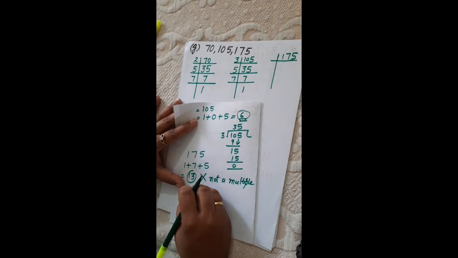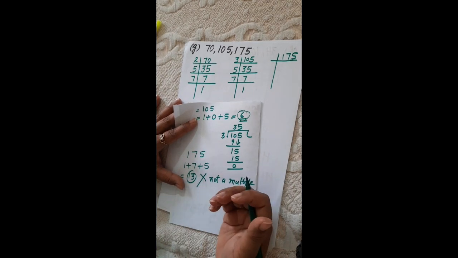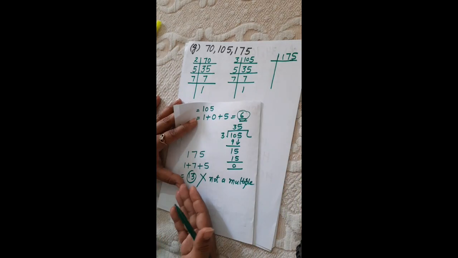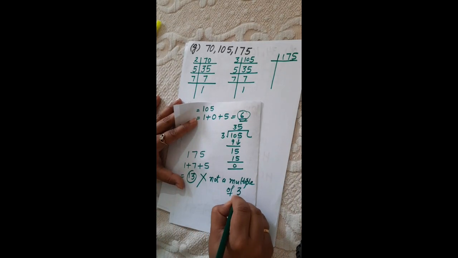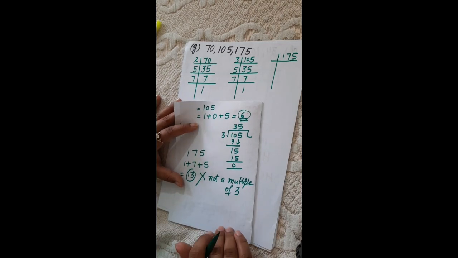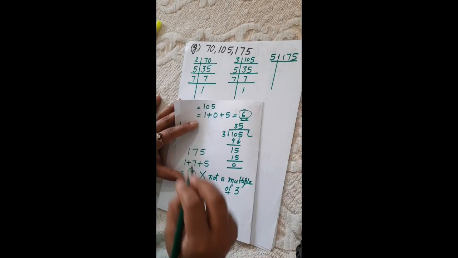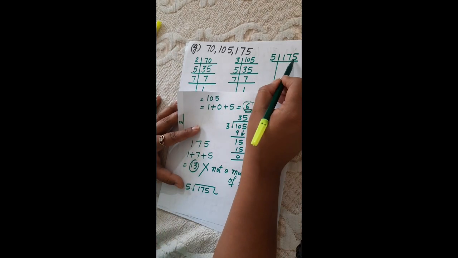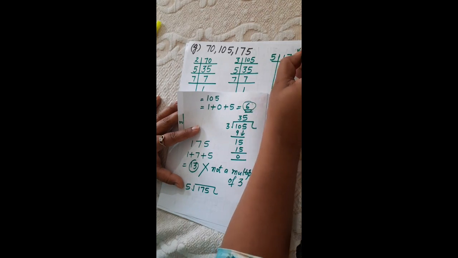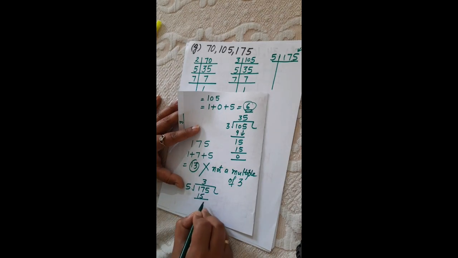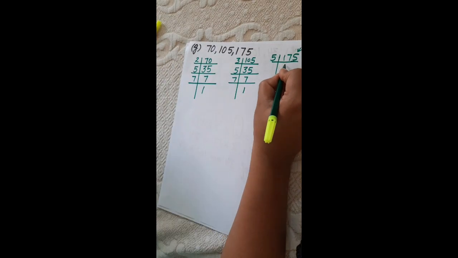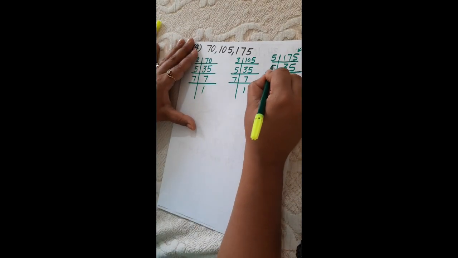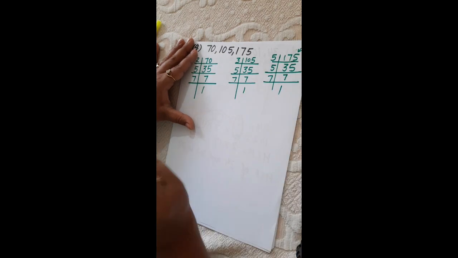You have to check whether this is divisible by 3 or not. Use the divisibility test, add all the digits. If you add all the digits and get a number which is not a multiple of 3, it is clear, no need to divide, it is not divisible by 3. The next we have 5. After dividing 175 by 5, because we know that this number is divisible by 5 since the digit at the ones place is 0 or 5. 5 3s are 15, then 5 5s are 25, so we will get 35, and this we did earlier. 5 7s are 35, 7 1s are 7.